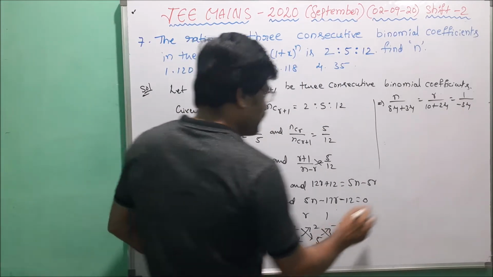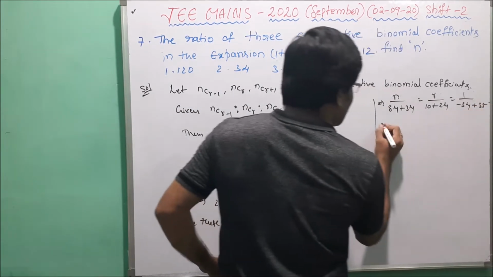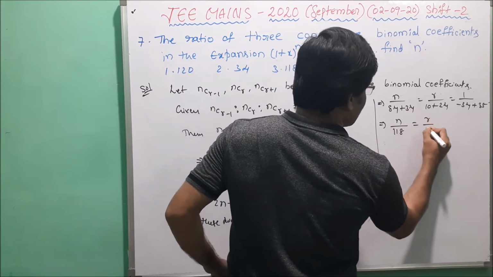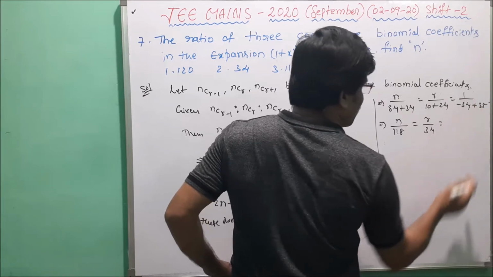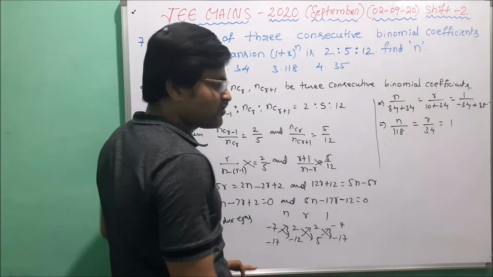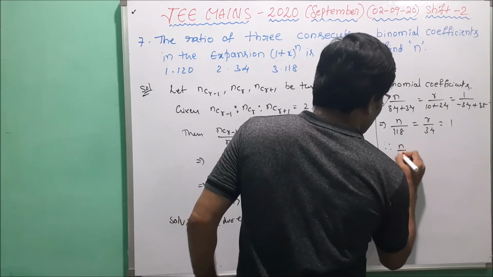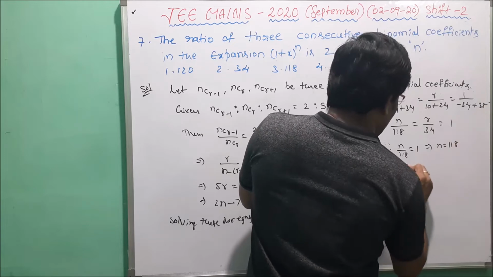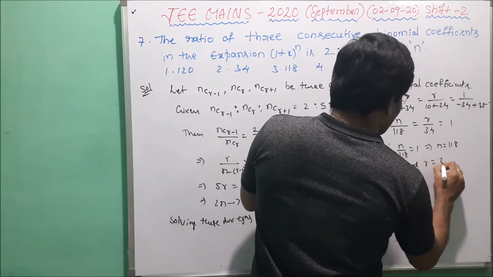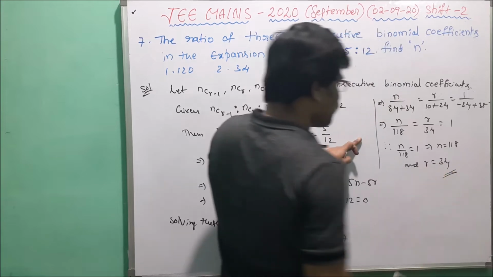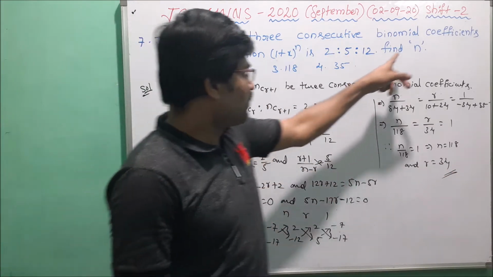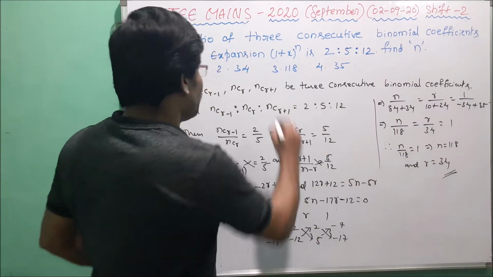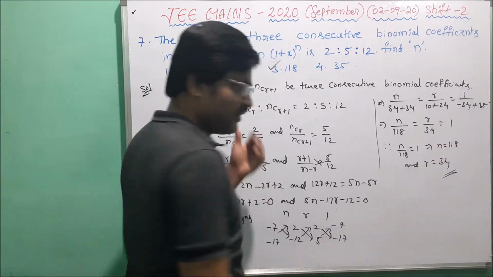In this plus 35. Now which implies n by, this value is 84, r by 34, 35 minus 34 is 1. So which is equal to 1. From this, n by 118 equals 1 (in effect), which implies n equals 118. And also the value of r is 34. So this is the solution for the value of n. In our problem, the value of n is 118, which is the third option. This is the solution for this question.